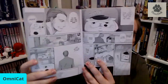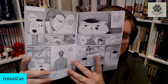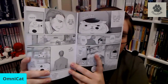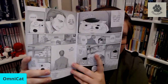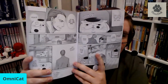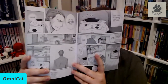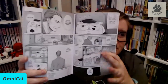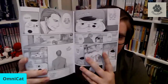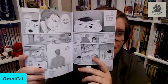This is not just some cutesy cat story. In fact, it's not at all. So it is about this older gentleman here. His wife has passed, and for many years, they would talk, and she would be like, I want to get a cat, but I want to wait until the children are older and they move out and we can dedicate time to this cat, right? Well, this is only volume 1. We still don't know what happened to his wife at the end of this, but she passed before they could get a cat. So at the beginning of this volume, he goes to a pet shop,